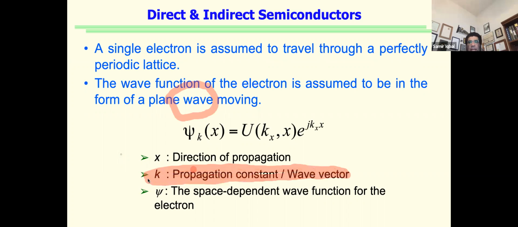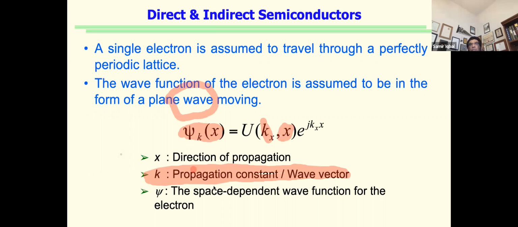So the idea is that it's not just valence band and conduction band, it's also what direction the electron is moving. What is the propagation constant that's associated with the wave vector of an electron. So this is the wave function phi of x,